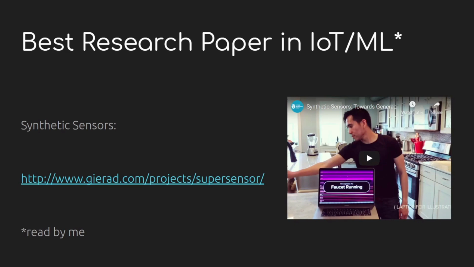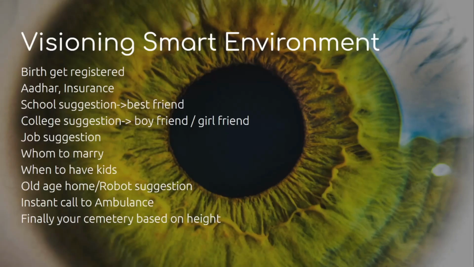Using existing devices at your home, we can apply machine learning models so that it will help you in the household. I am just envisioning a smart environment, how things will fall after 2050 or even 2100. If you are lucky enough to be in this era, whenever a baby is born, automatically a particular Aadhaar number along with a particular insurance will be generated for it.